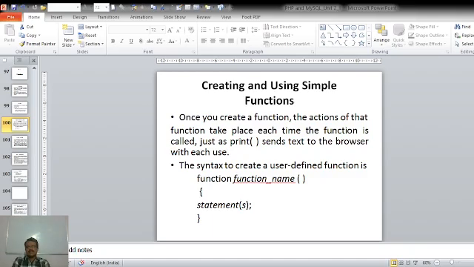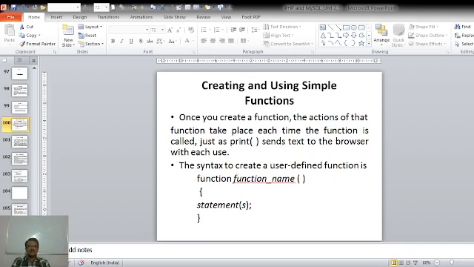Once we create a function, the action of that function takes place each time the function is called, just like a print function sends the text to a browser with every use. As we use the print statement every time in order to print a certain message to the browser window, in a similar fashion we can use our user defined functions once they are created.